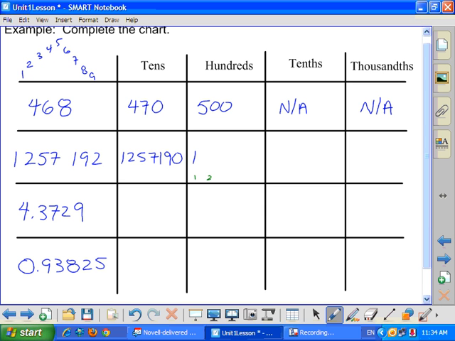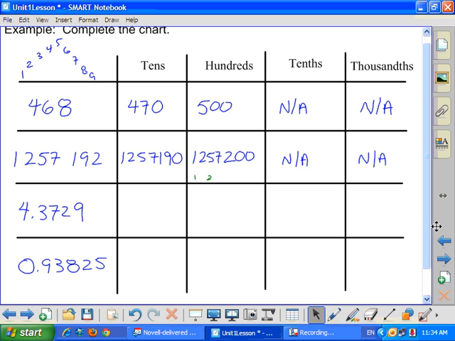So the 1, 2, 5, 7 is going to stay the same, and then it becomes a 2, and everything after that is 0, 0. Again, there's no decimals, so I don't want to make this complicated. If there's no decimals, you don't have to round the decimals. All right, now on to